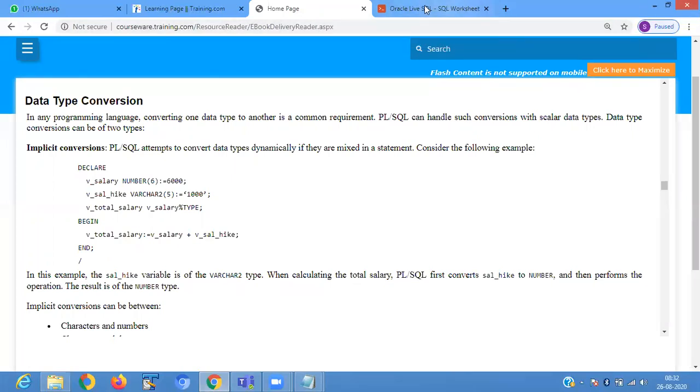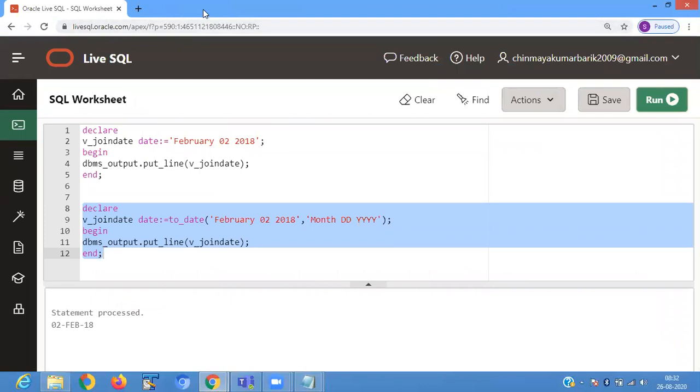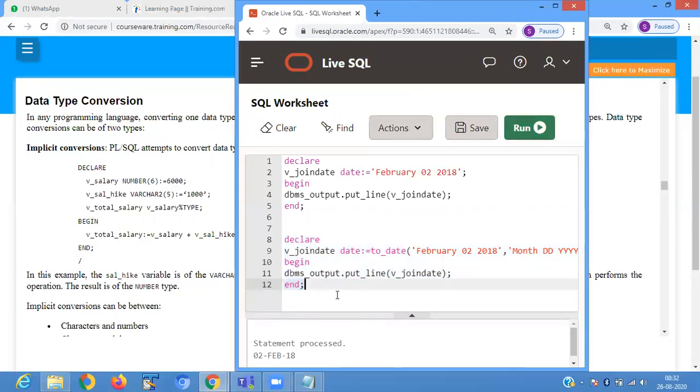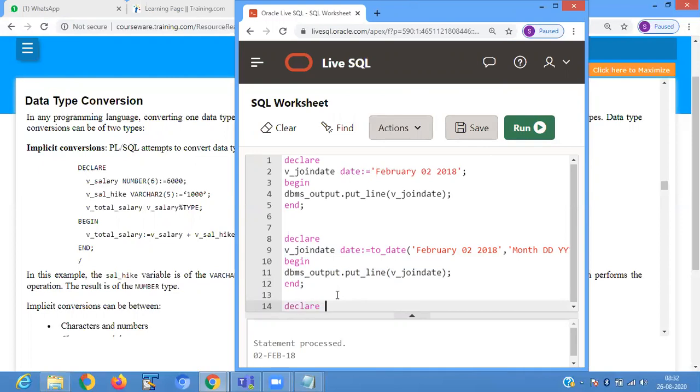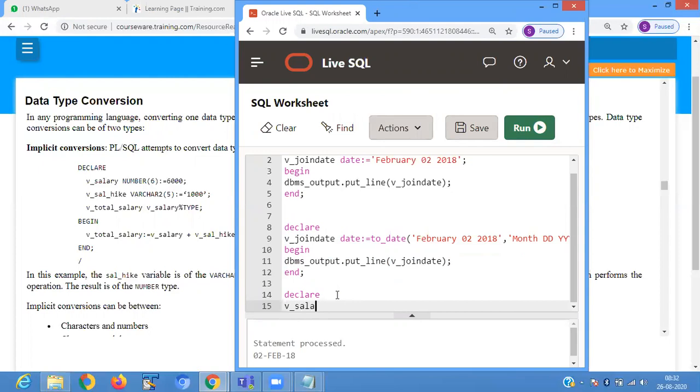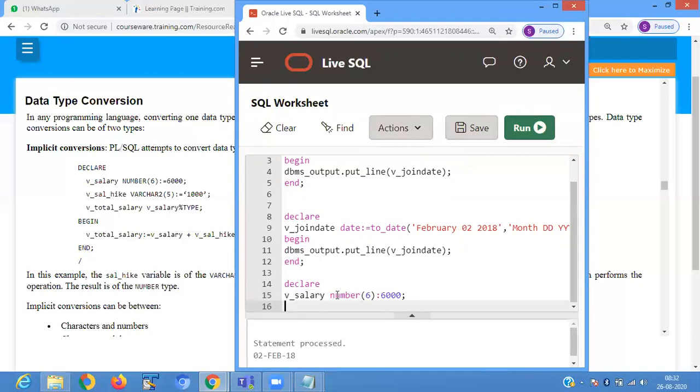Another explicit conversion we have to write. Declare v_salary number equals to 6,000. v_salary_hike.